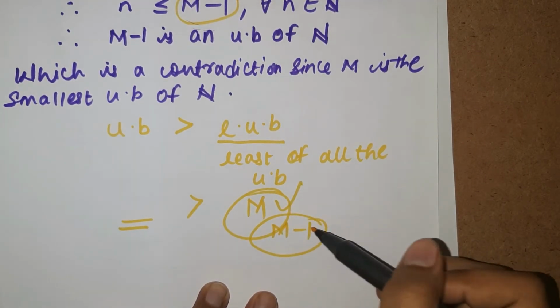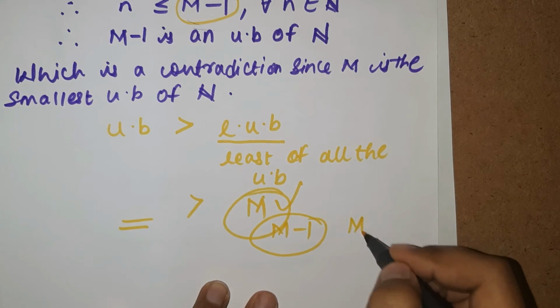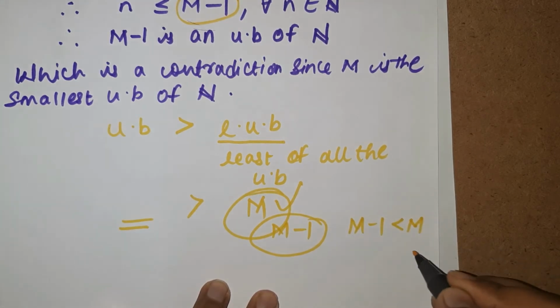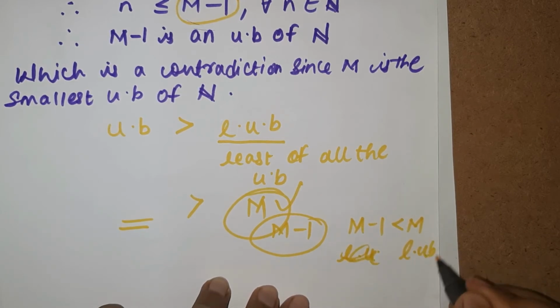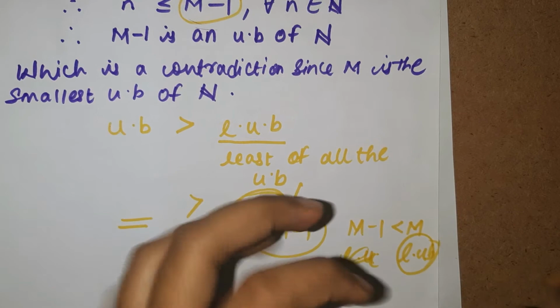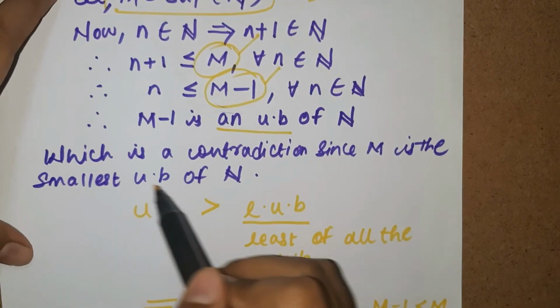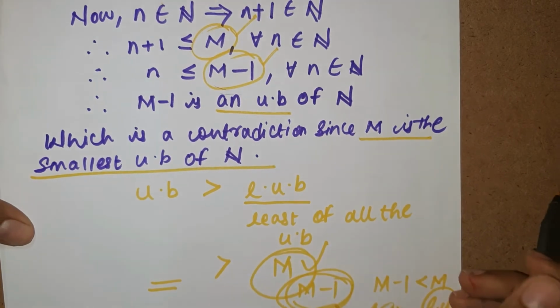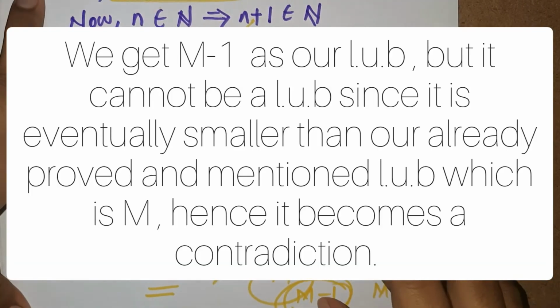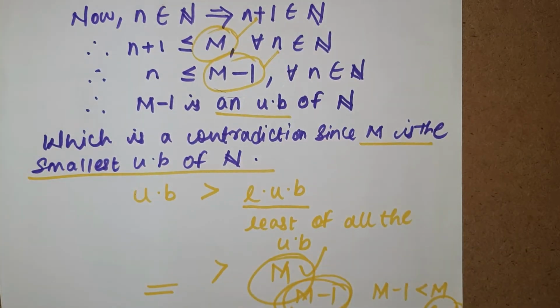And where did this m minus 1 come from? Because m minus 1 is less than m, right? And this is the least upper bound, so any other bound cannot be less than the least upper bound. That's what we know, right? And this is a contradiction, since m is the smallest upper bound of n. That's what the Archimedean principle is about. So then we write